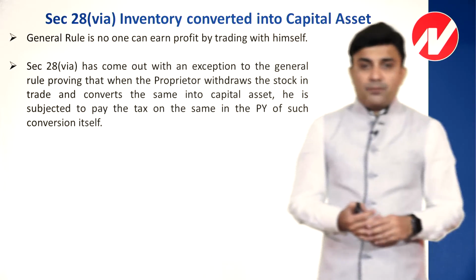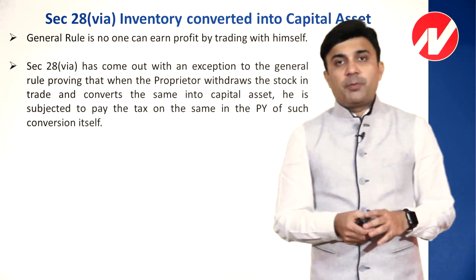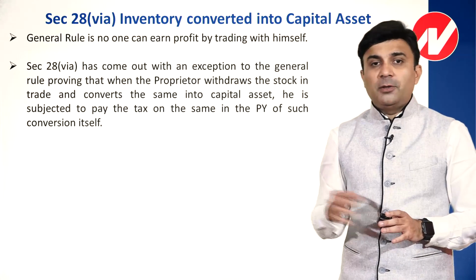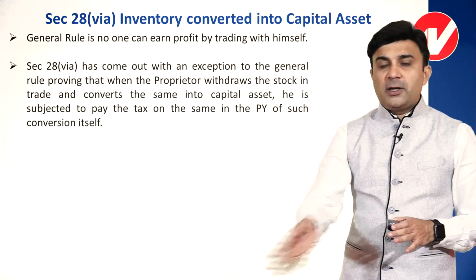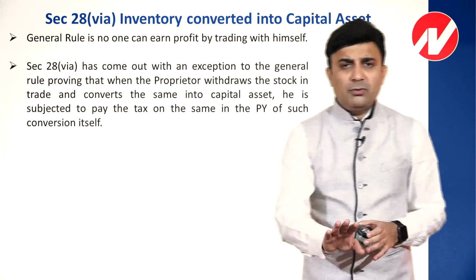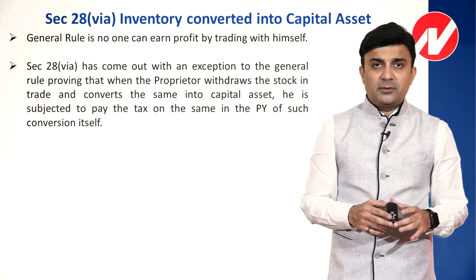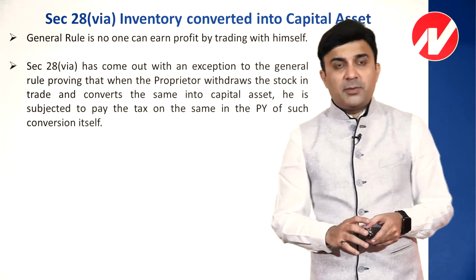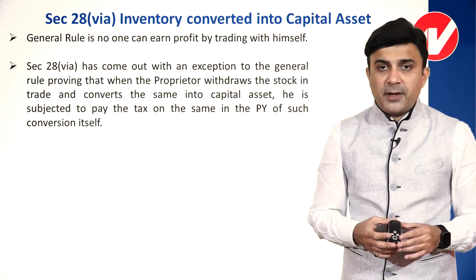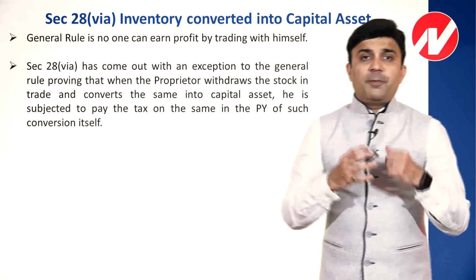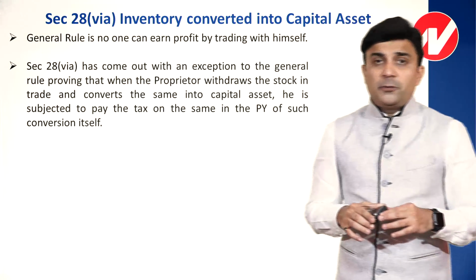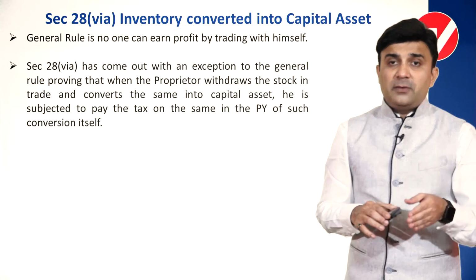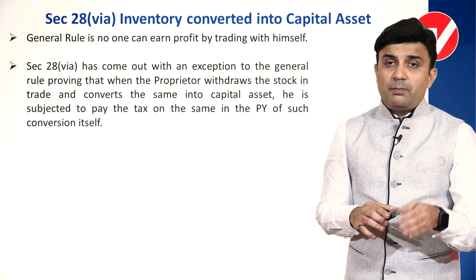Meaning thereby, we have been taught in accountancy that if a proprietor is withdrawing the stock for his personal purpose, then it should be withdrawn at cost price, and on this there should not be any taxability. Until now, this was very acceptable in income tax. People have started playing mischief. What mischief? I'll clarify. Assume one of my clients is a builder, and this builder is having the business of construction